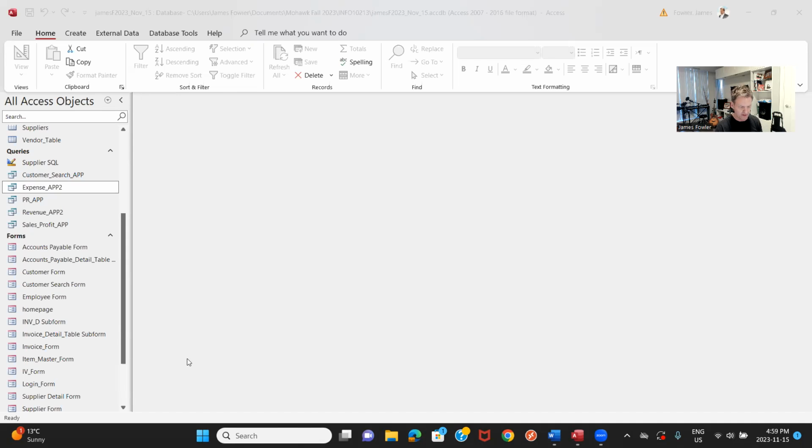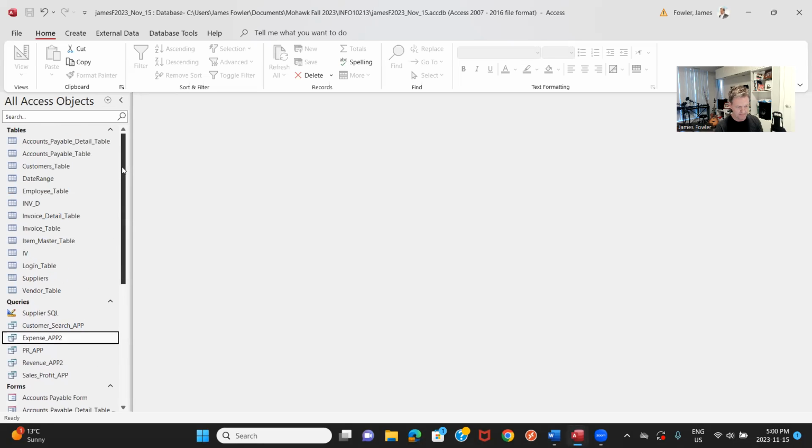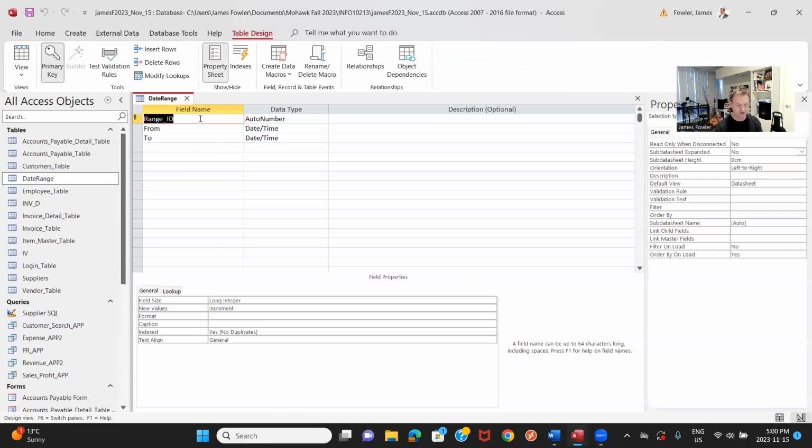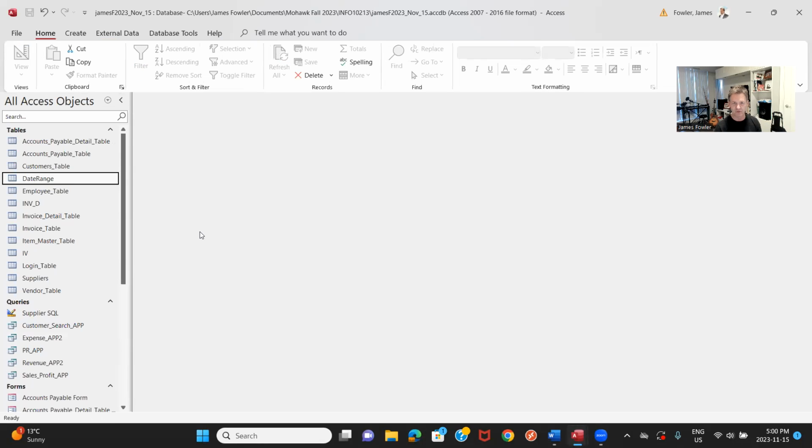In the last video, we manually created a table for the date range. Very basic table. We had a range ID as an auto number. We had just two fields: a from field set to date and time, and a to field, also date and time. So now what we're going to do next is actually create the form itself for the